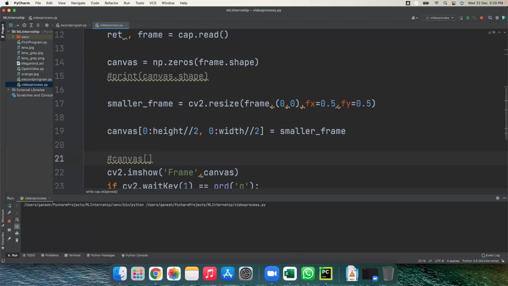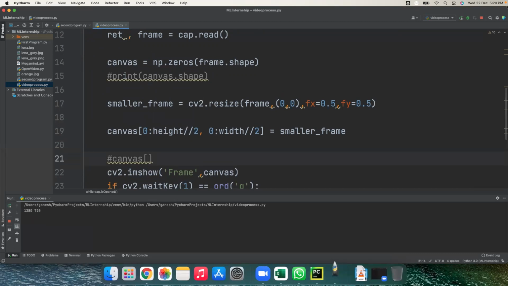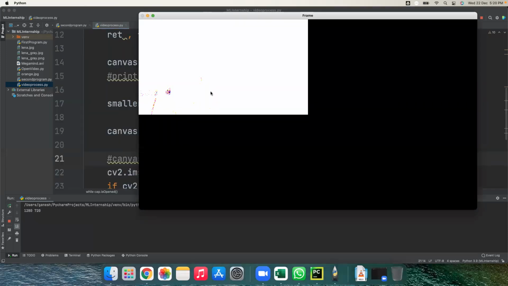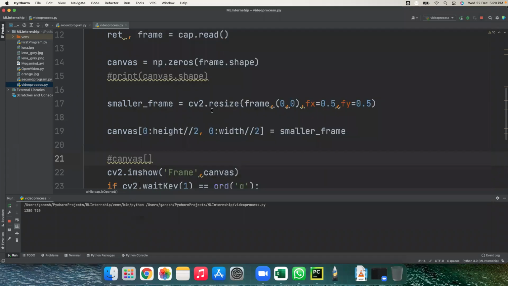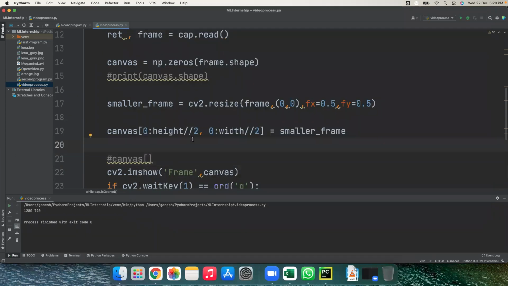Because I'm getting the output like this. My camera is not showing the proper result. Yes, Aditya, Shiva, are you getting the same output?